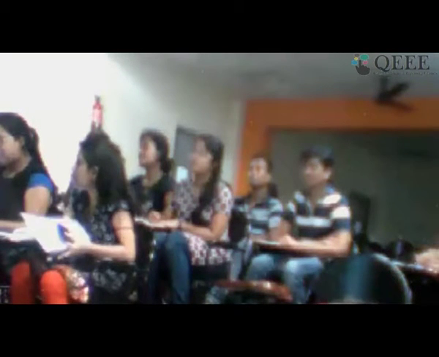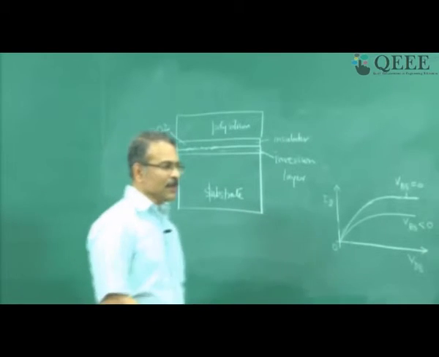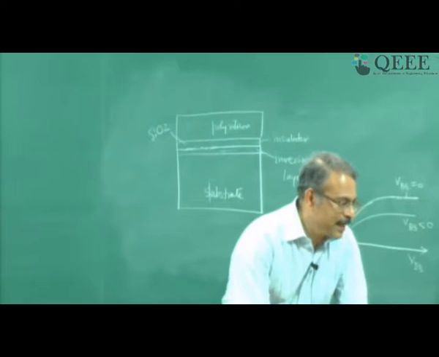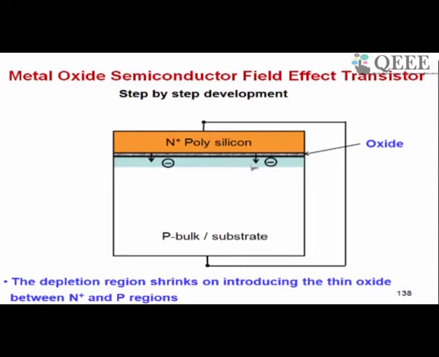Sir, will you please explain the difference between enhancement and depletion type MOSFET? Yes. Now we can explain based on our understanding of device so far. Let me go back on the slides. We started off like this with the PN junction, right? And we said there is a depletion region here. Okay? And then we introduced an oxide layer in between. Now you can see here, suppose I change a material here from N plus polysilicon to some other material, which gives me a very high built-in voltage between this material and this substrate.